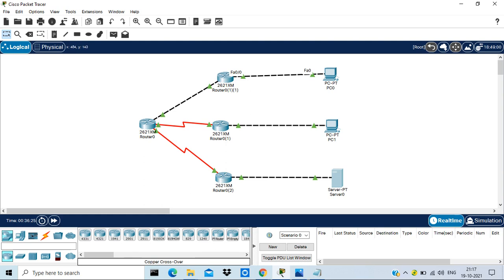So in the head office router you definitely need to add three specific routes for these three different networks.